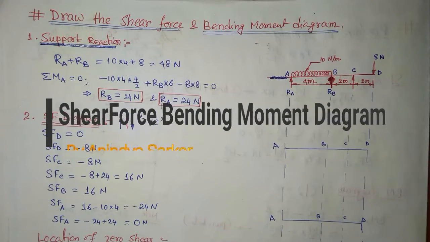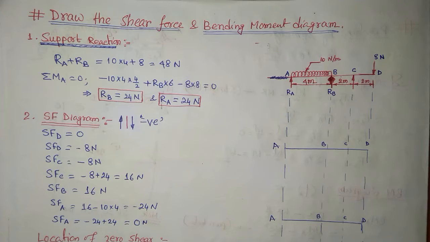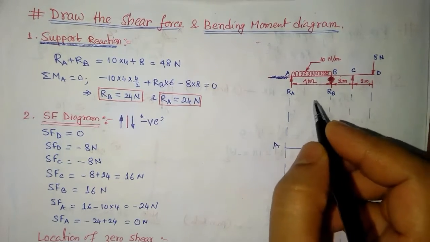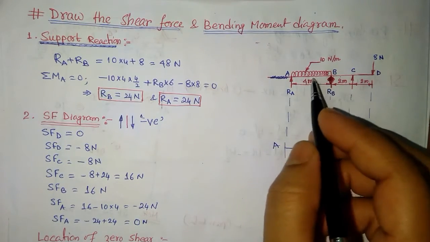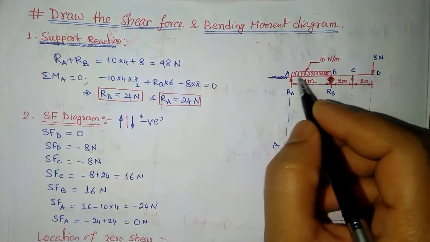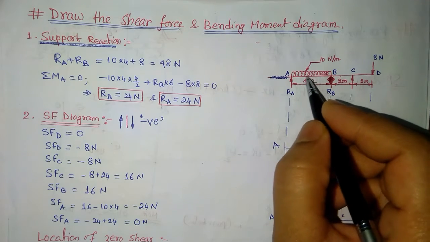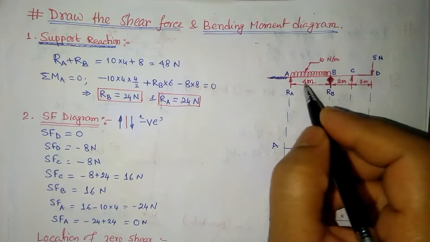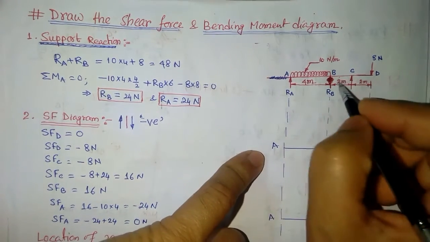So let's see the shear force and bending moment diagram of an overhanging beam. Already we have seen how to define the overhanging beam. So here we have taken one overhanging beam. In this overhanging beam there is a UDL for a length of 4 meter, and